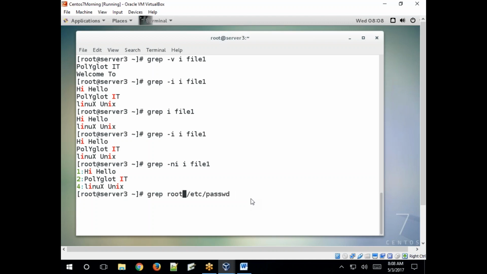Or you can also specify -n and see the first line and the tenth line in the password file for the root pattern. Got it? Grep, space, -n, then the pattern and the file. It might be a log file, a configuration file, or any text file. Okay?